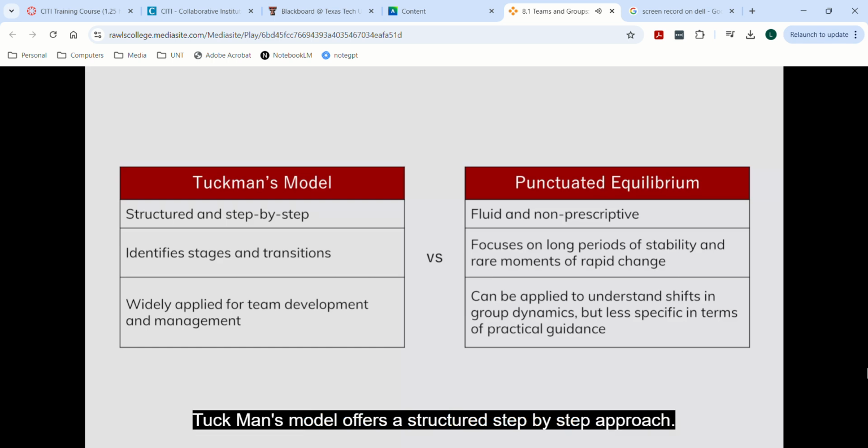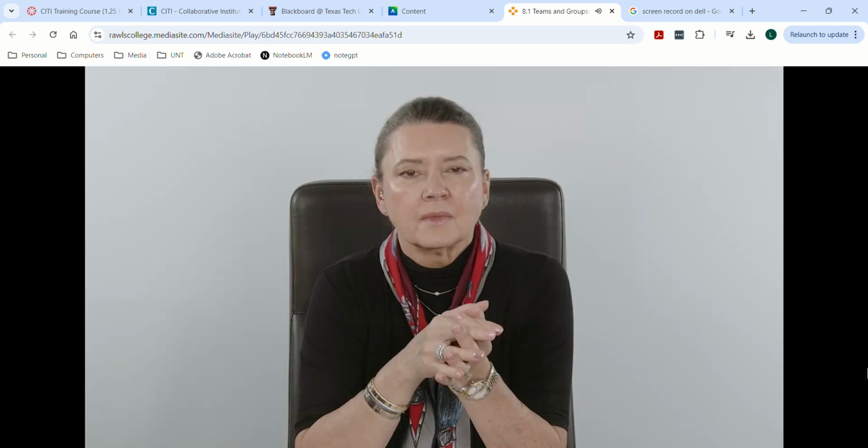Contrasting the two models, Tuckman's model offers a structured, step-by-step approach, while punctuated equilibrium is more fluid and less prescriptive. Tuckman's model explicitly identifies stages and transitions, whereas punctuated equilibrium focuses on long periods of stability and rare moments of rapid change. Tuckman's model is widely applied in various contexts for team development and management, whereas punctuated equilibrium is a broader concept that can be applied to understand shifts in group dynamics, but is less specific in terms of practical